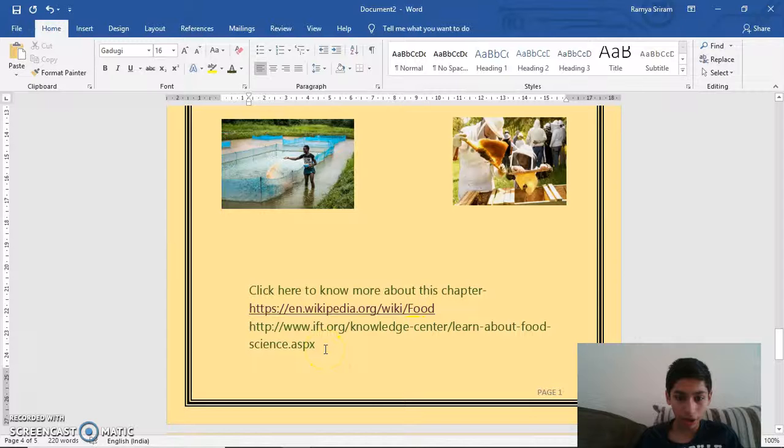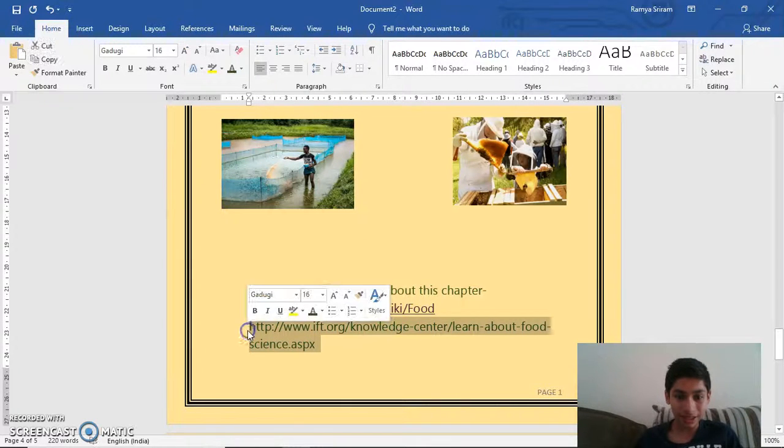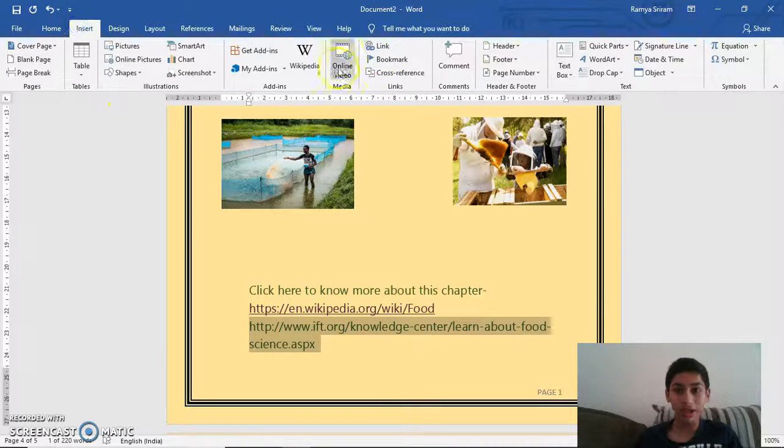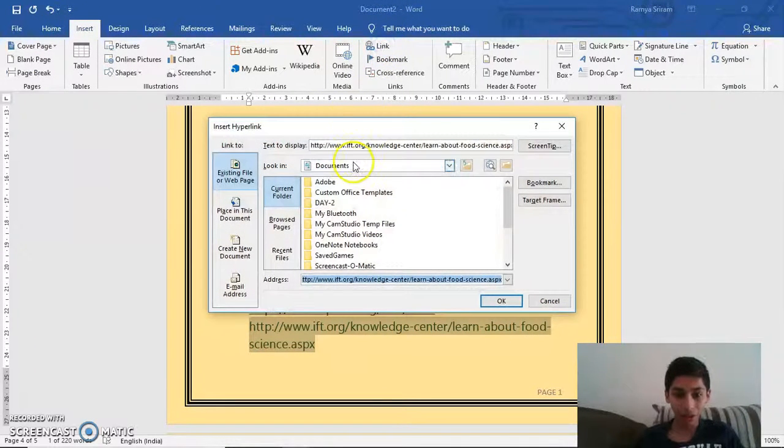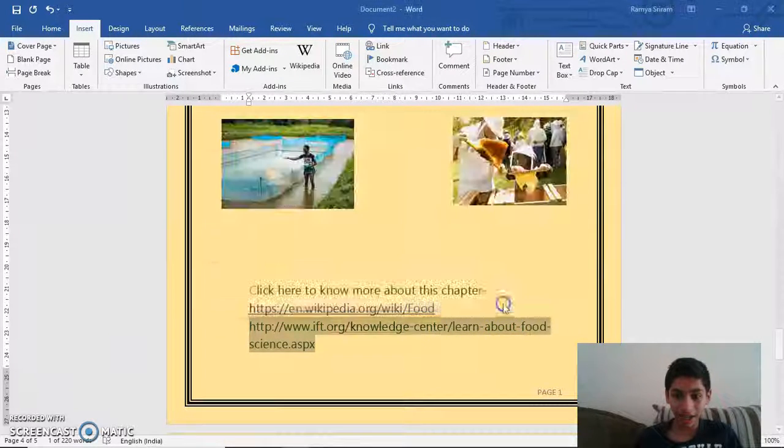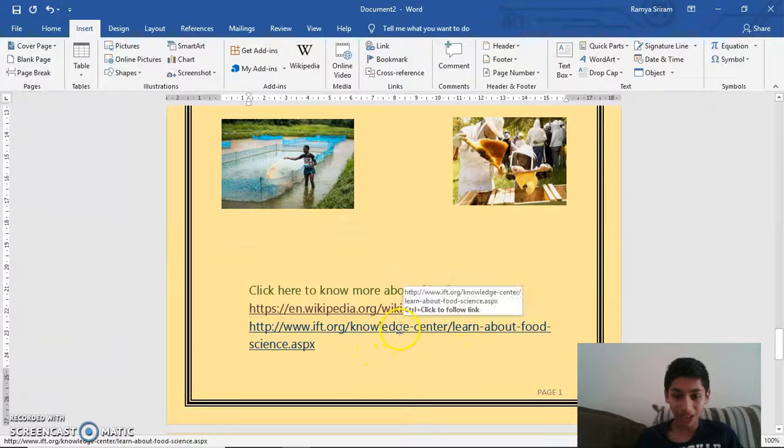So in order to make it as a link, I can just select this. I'll go to insert and I'll click link. So here it will open a dialog box, and I'm selecting existing file or web page and I'll click OK. So as you can see, this has become a link. So now if I control plus click this,